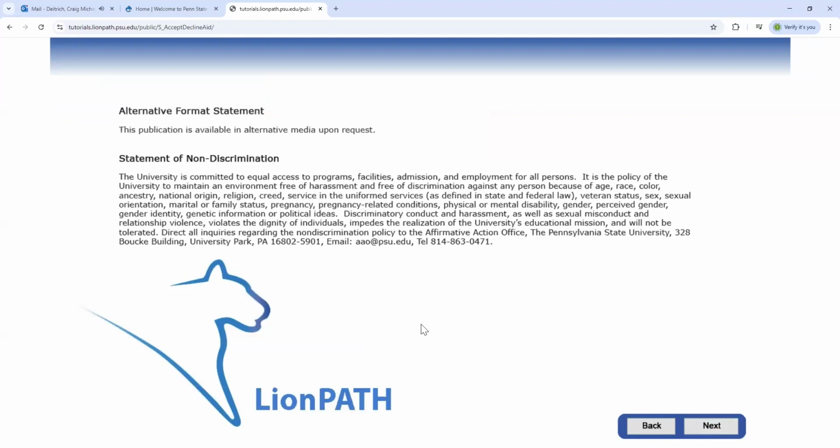All right, so as we said, pretty easy process, but one that's important for students to be aware of and know about. So any questions, certainly the students can reach out to us and give us a call,